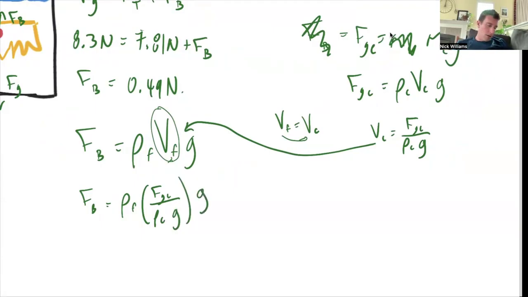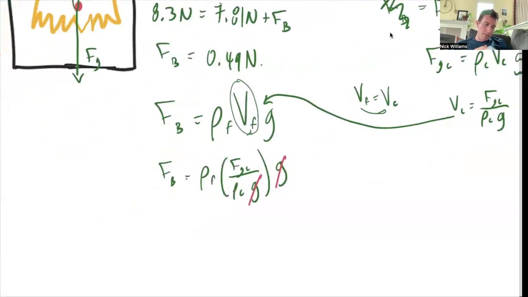All right, now that'll cancel and that'll cancel. I can start plugging in some values here. My force of buoyancy is 0.49 equals the density of the fluid, it's water, so that's 1,000 kilograms per meter cubed,